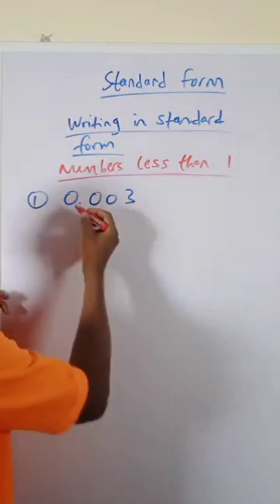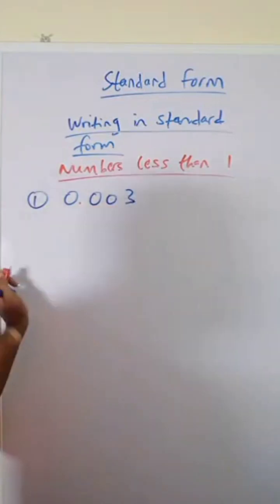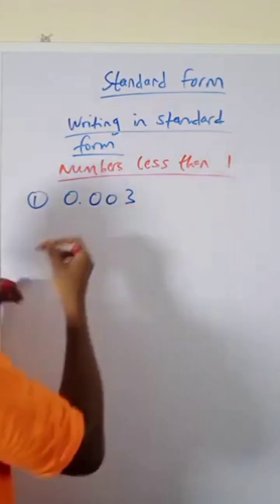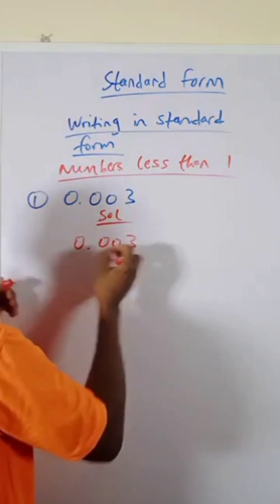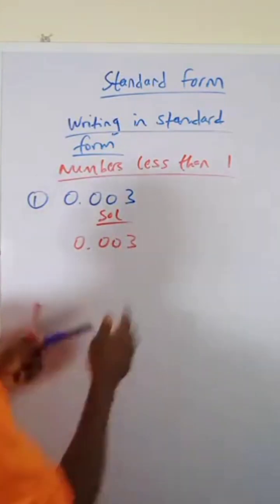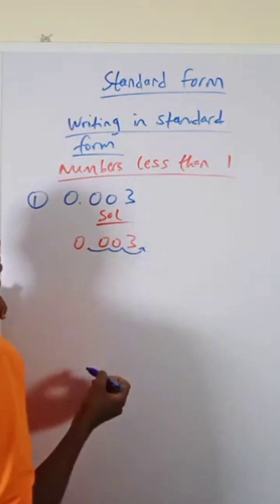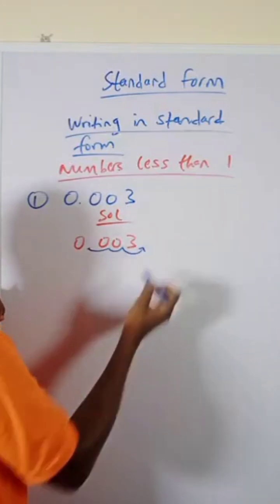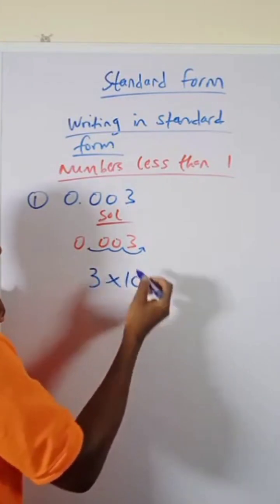And you can see that this decimal point, we can shift it to the right, to where we have that non-zero digit 3 here. So how many times? Let me just rewrite it. So 0.003. Let us move it to where we have 3. So we go like this: 1, 2, 3. So it's going to be 3 point something. So you can write that 3 times 10 raised to the power